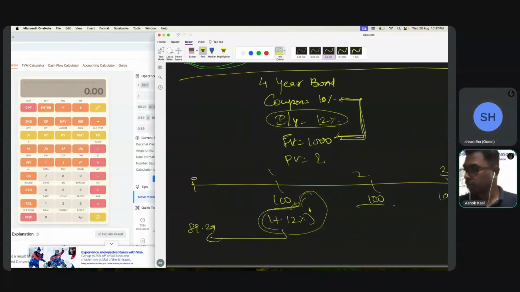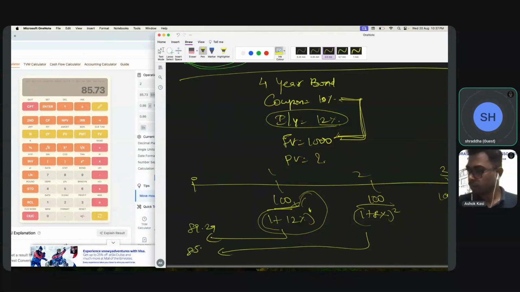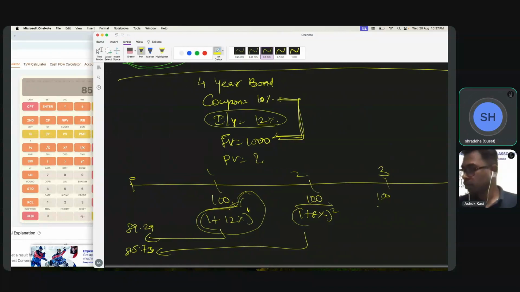Then next one, I want the present value of this 100. So here 8% plus 1 equal to raised to 2 equal to, inverse into 100, 85.73. So I'll keep it in store 2, 85.73. Then third one,